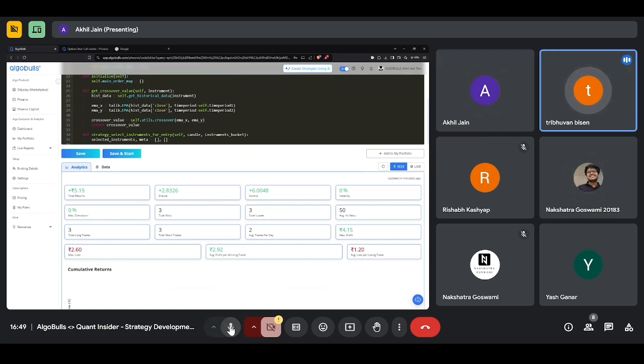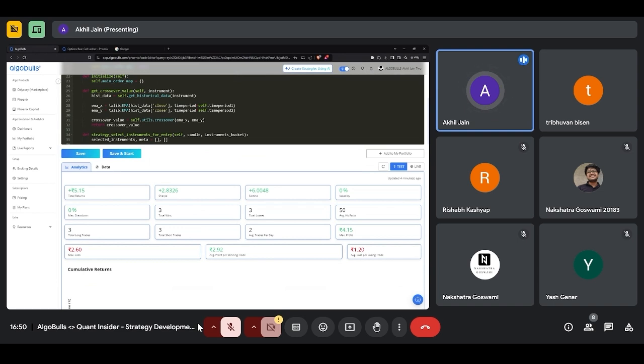Yeah, Akhil. Akhil, it would be great if you can explain how we can use the developer option which we have in AlgoBulls, right? We have a developer option where we can link our Jupyter notebook directly. Okay. So if you can explain on that part. One question to you, Tripunji. Have you or anyone from your team members executed a Jupyter notebook before from here? No, no, from here we didn't do that. So you're asking. Oh, cool.